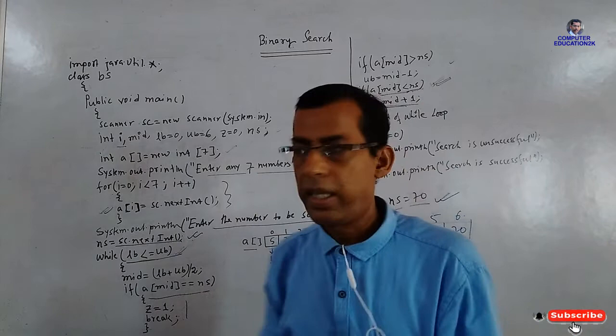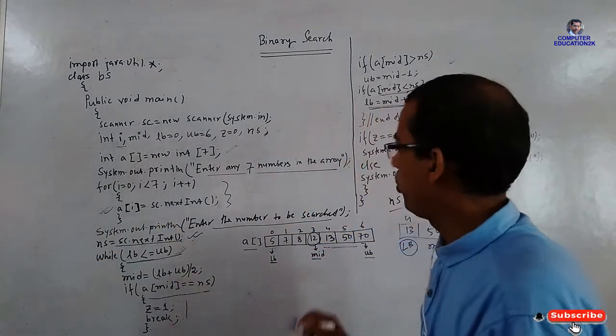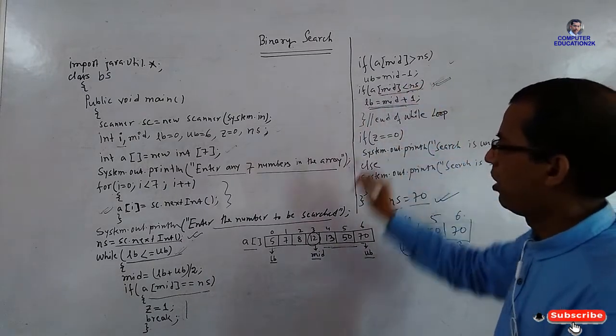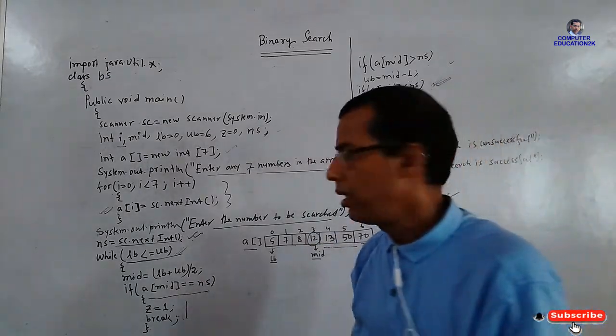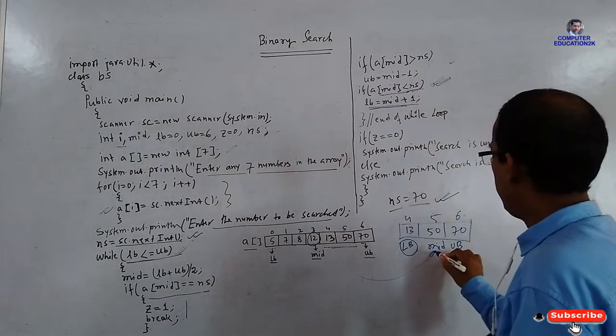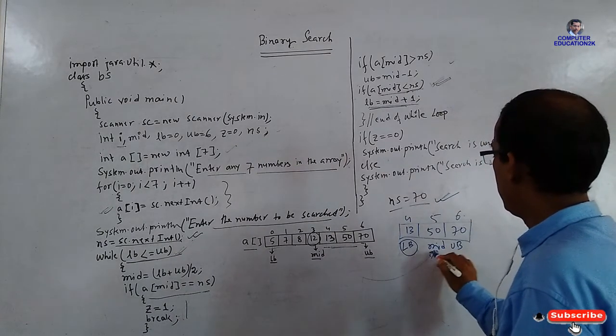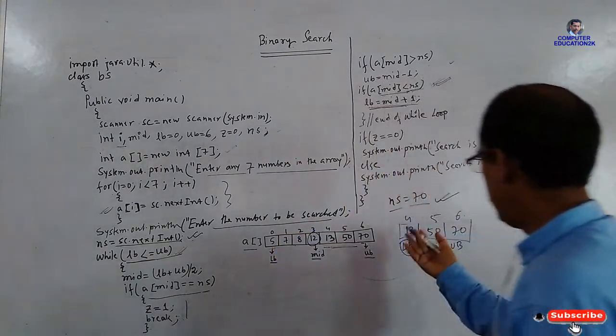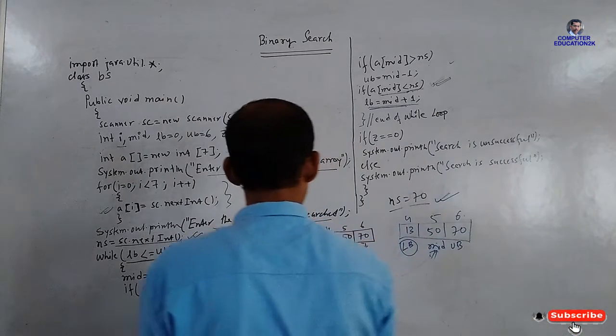Suppose in case you are getting the number in the left hand side, in that case you change the upper bound, and how to change the upper bound? Mid minus 1. So this thing you keep in mind. Okay. Now the computer will go and start in the middle, but in the middle what do you have? You have 50. Okay. Again the array will be broken in two parts. So obviously you will take the right hand side. You will take this one, 70.